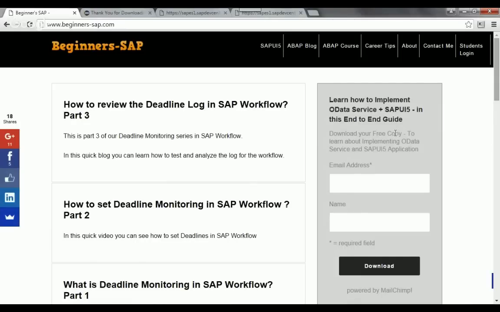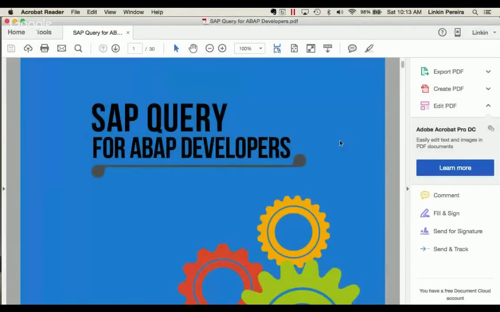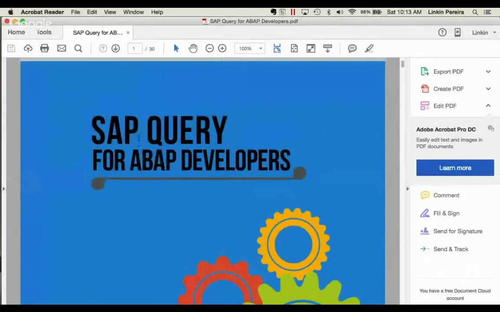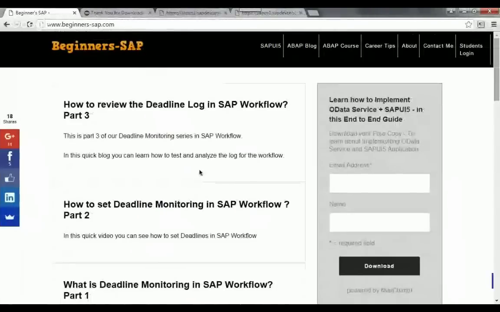Oh, another main thing which I forgot to tell you guys, and thank you for hanging out. If you join this course, I'm going to give you a document, which is SAP query for ABAP developers. But of course, I'm right now working on this document. Once it is done, I will send it to you if you join the course. But that's not the main thing. The main thing is I want you guys to feel a lot of benefit from joining this course. So any other questions that you would like me to answer right now?